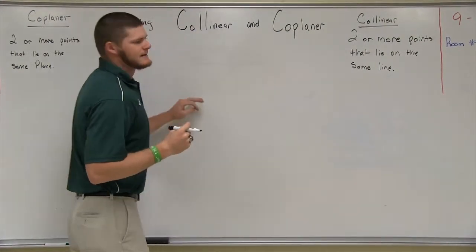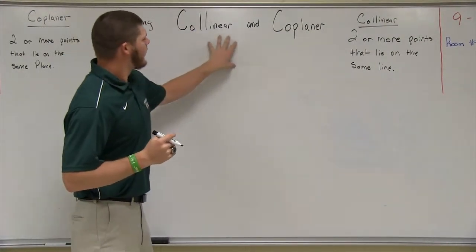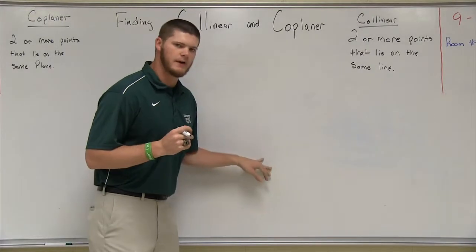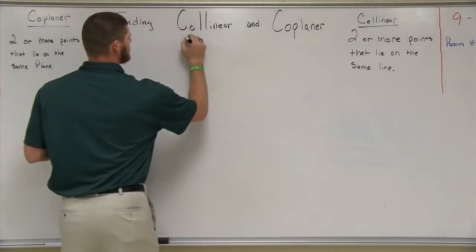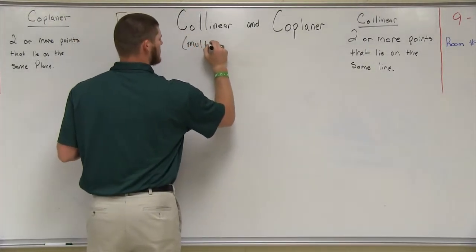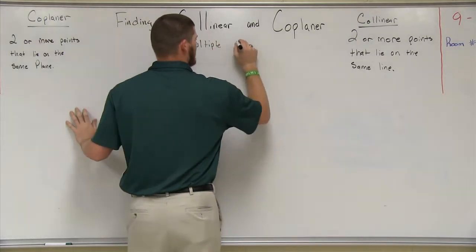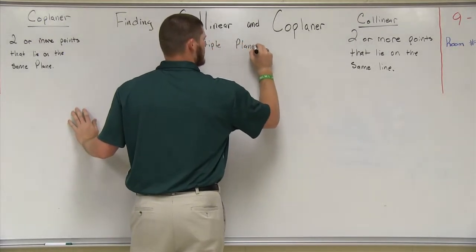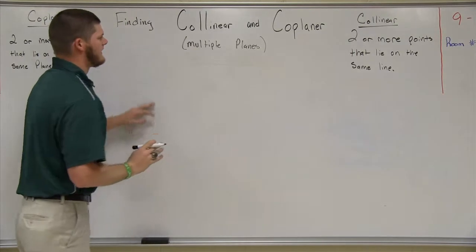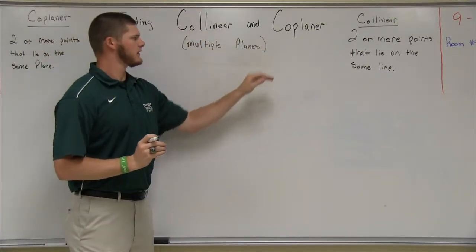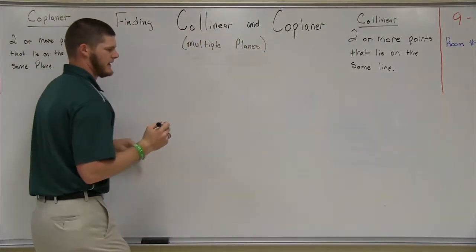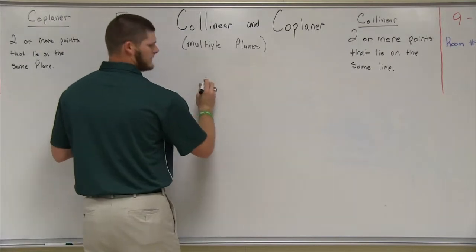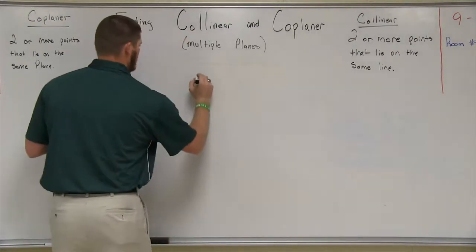About now is finding if points are collinear and coplanar when we have multiple planes. Alright? So, this is finding if points are collinear or coplanar when we have multiple planes. So the first example that we're going to use of a multiple plane system would be,